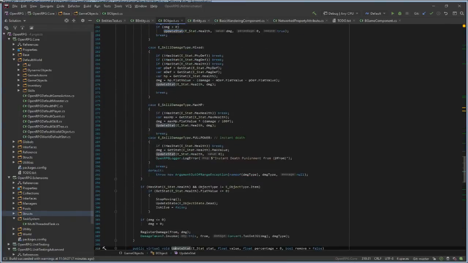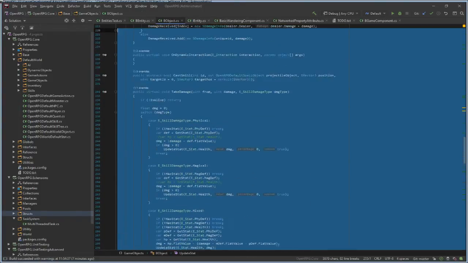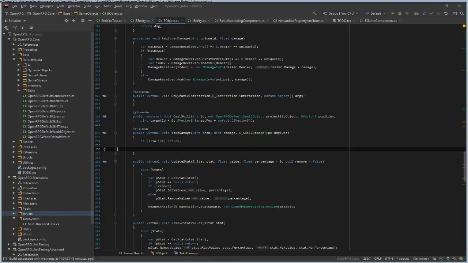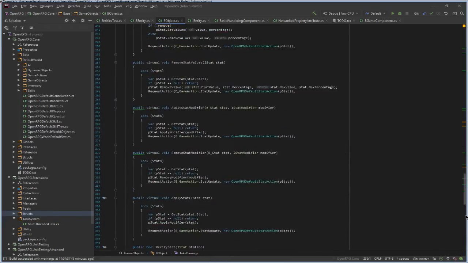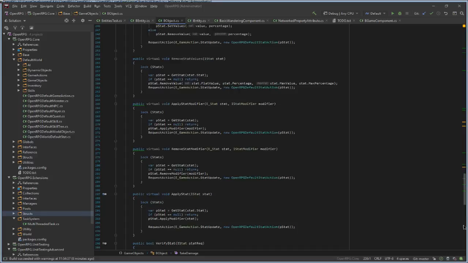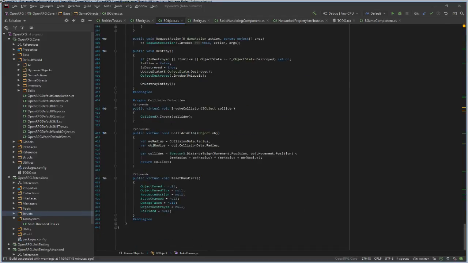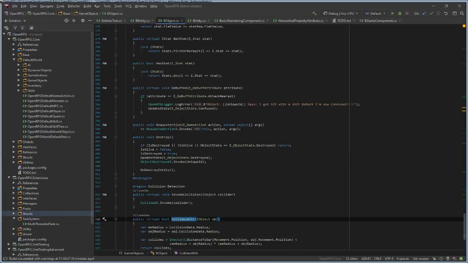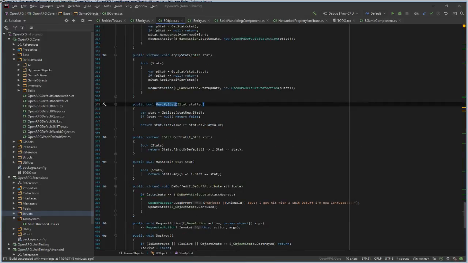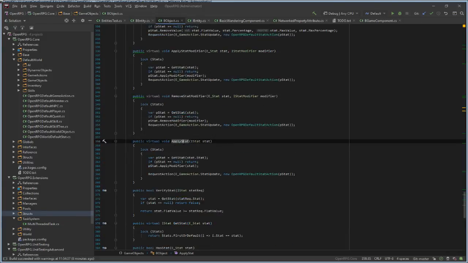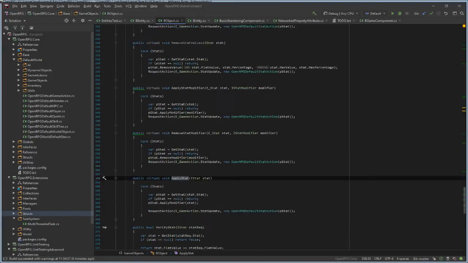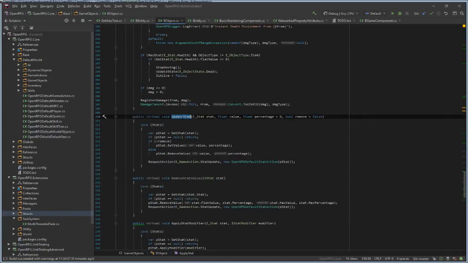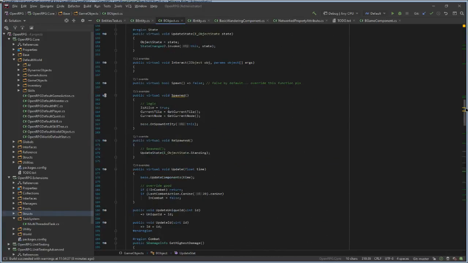What's taking a lot of lines here? Is it this? How many now? 370. I need components to handle the stats: verify stats, has stat, apply stat, apply stat modifier, remove stat modifier, update stat, and what else?